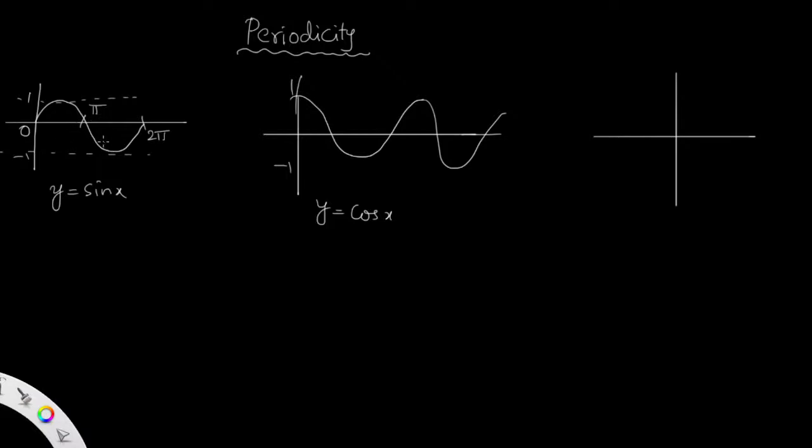And now this is the portion of the graph here. The portion of the graph always keeps repeating. So it will again repeat after a gap of 2 pi. Same thing, the graph will again repeat. If it is 2 pi, we get the same graph again. So any graph, whether it is sin x or cos x,